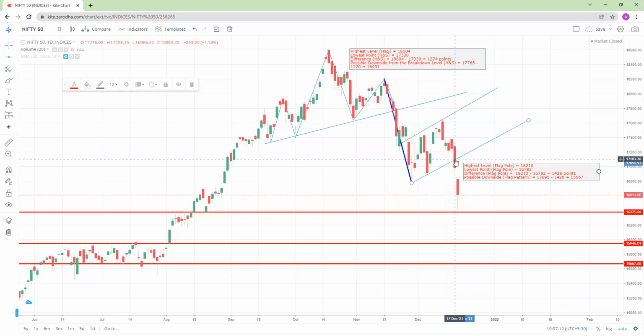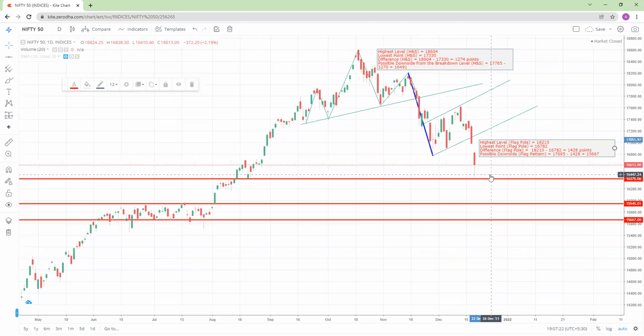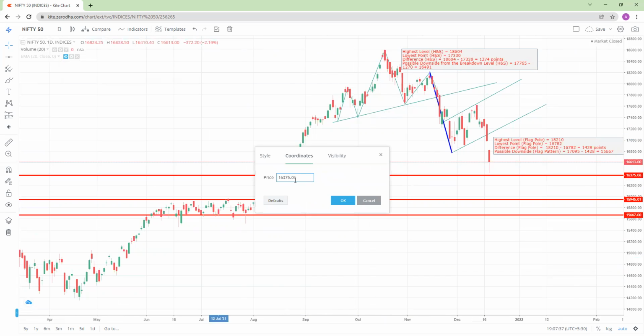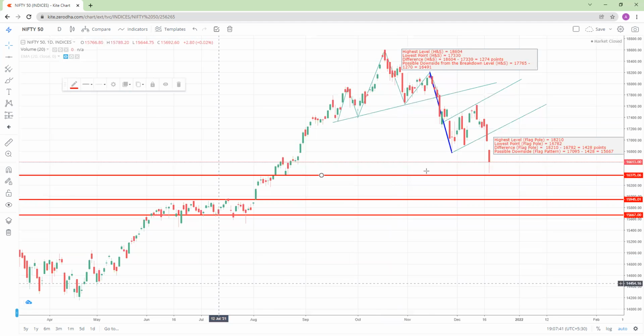Okay, so it is a huge fall, around 1400 points from this peak, and you can see that Nifty 50 has already taken a fall of 600 points within 2 days. But is 15667 a real possibility? No, we cannot be sure about that, because Nifty 50 has several supports in between. The first support that it will have, you can see this value, we have already drawn the lines, this value 16375, exact 16375, it will have a support.